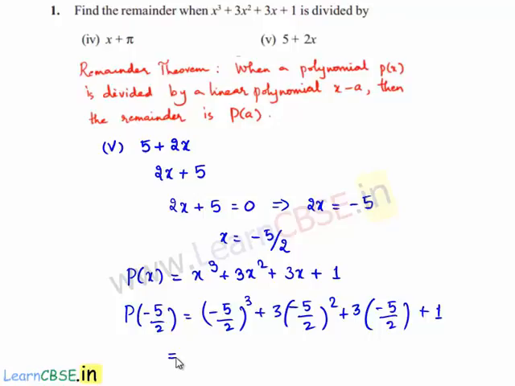This gives minus 5 whole cube is minus 125, 2 cube is 8, plus 3 times minus 5 square is 25, 2 square is 4. This becomes minus 15 by 2 plus 1,